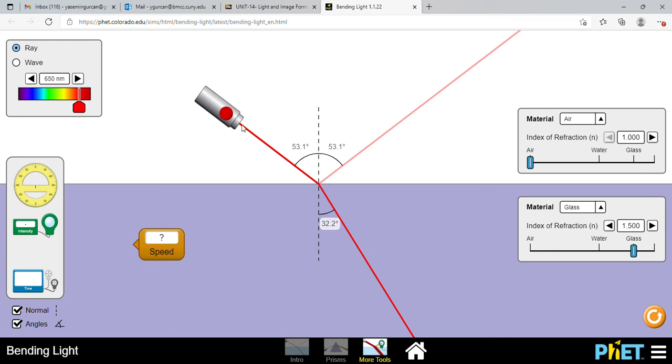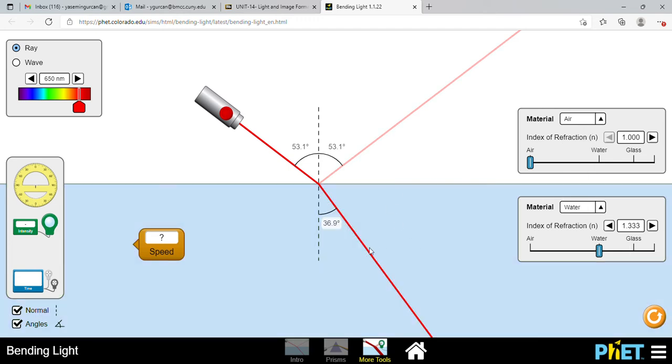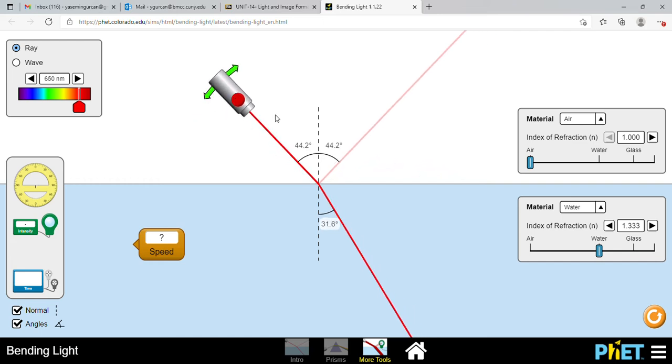So as you can see, because the light is fastest in the air and vacuum, it slows down in the second medium here, and it bends towards the surface normal, as you can see, whether it's glass or water or any other transparent medium. The amount depends on the material and also on what angle it is being sent, which is the incidence angle. In this case it is 53.1, but when I change it, it's going to show me a different angle of refraction,